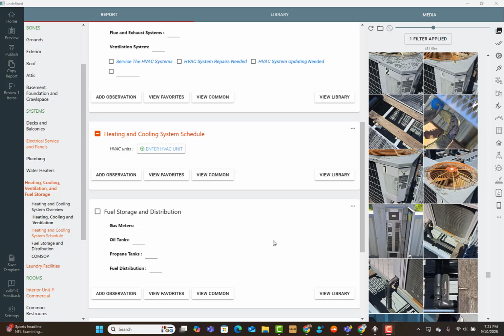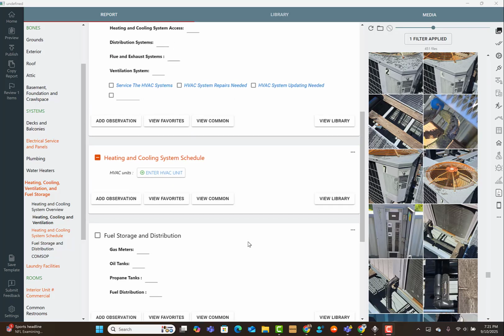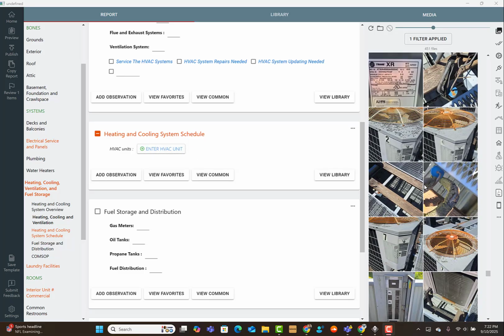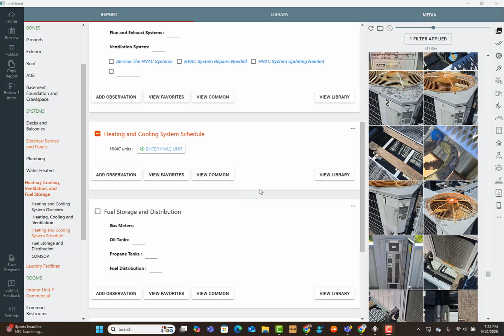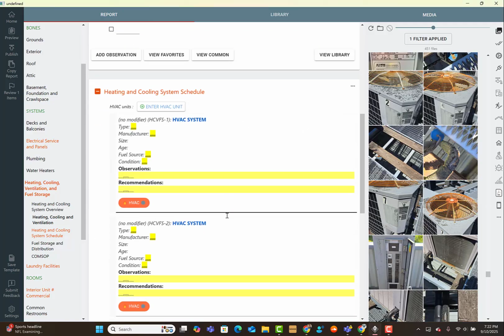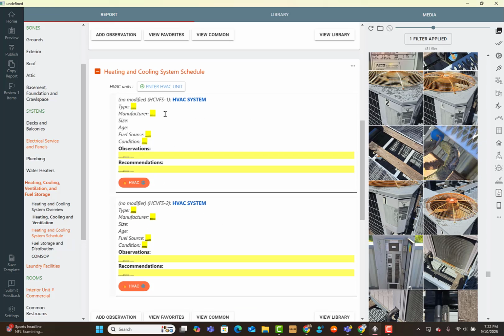Hey guys, want to show some new features as well as just how to manage some older features here. So I'm in a newer commercial template, and one of the things we've added is the ability to add the same comment over and over and over. So it's showing up as this little button, but when I'm doing a commercial job, if I'm up on a roof and there's like 10 heat pump units, I can just pound this out. So that's pretty neat. And then we're actually all within one comment, combining what might be in a section and